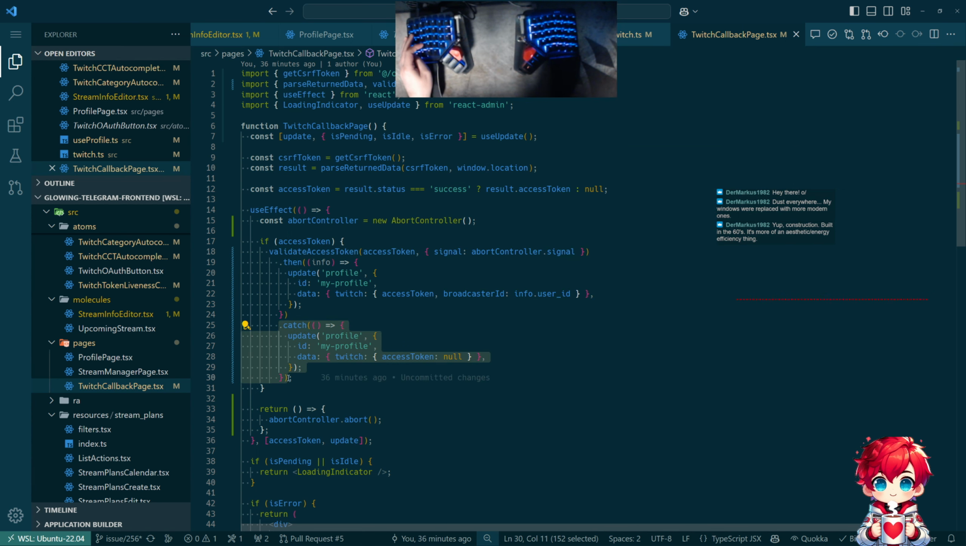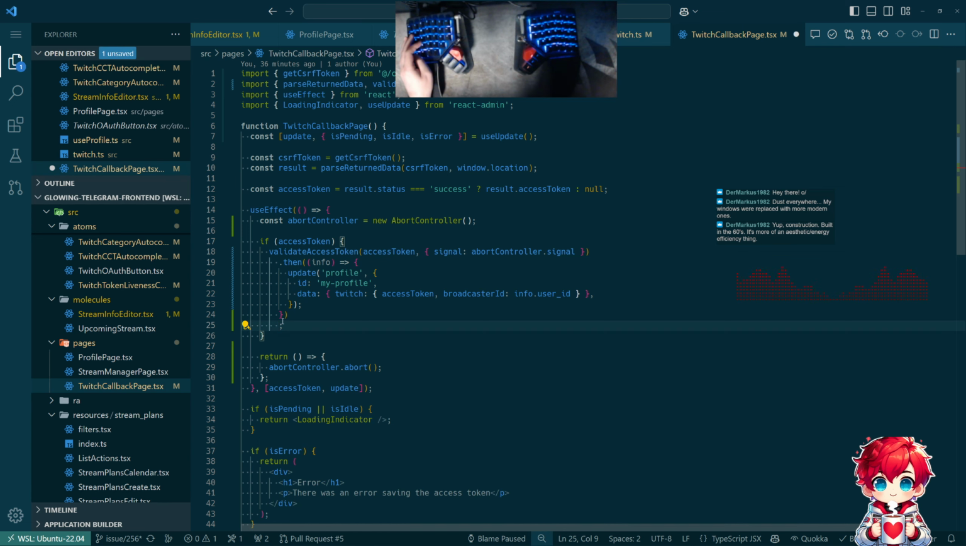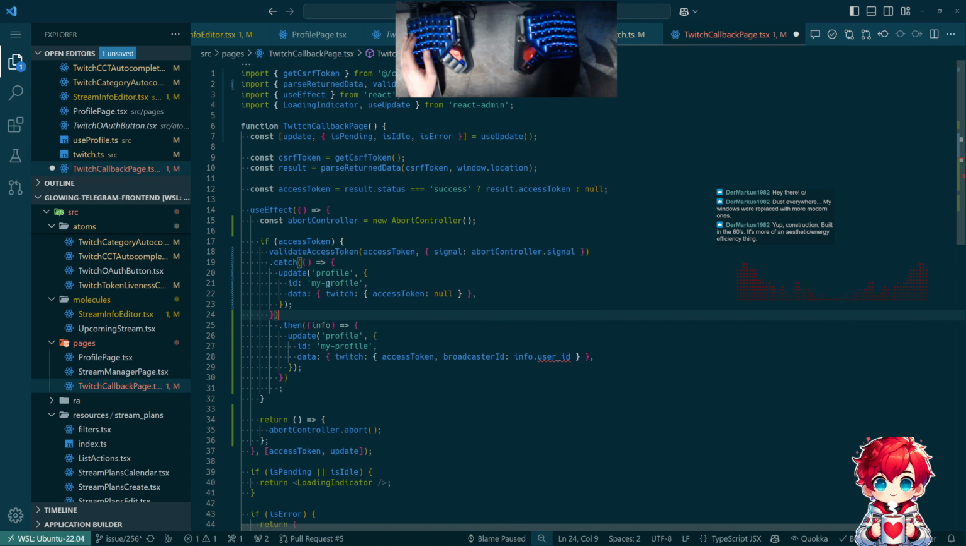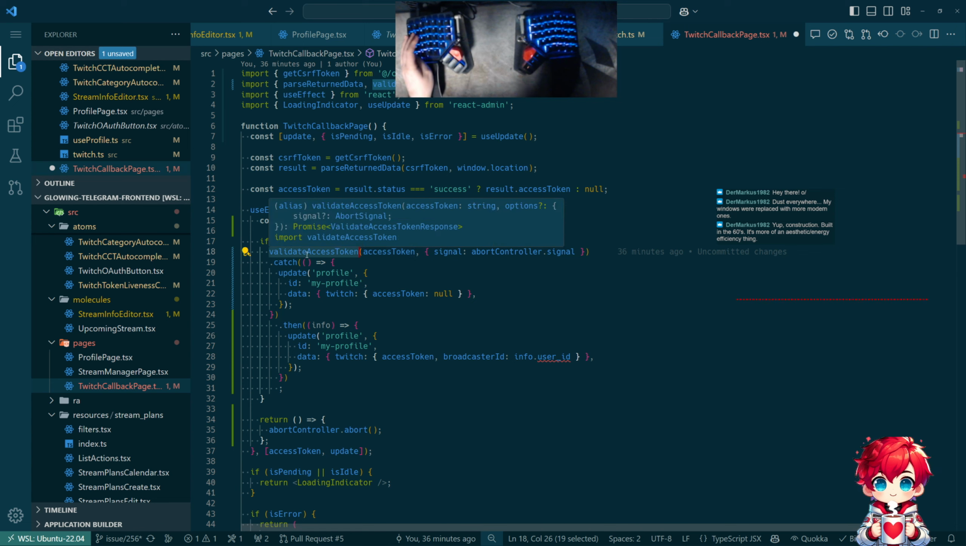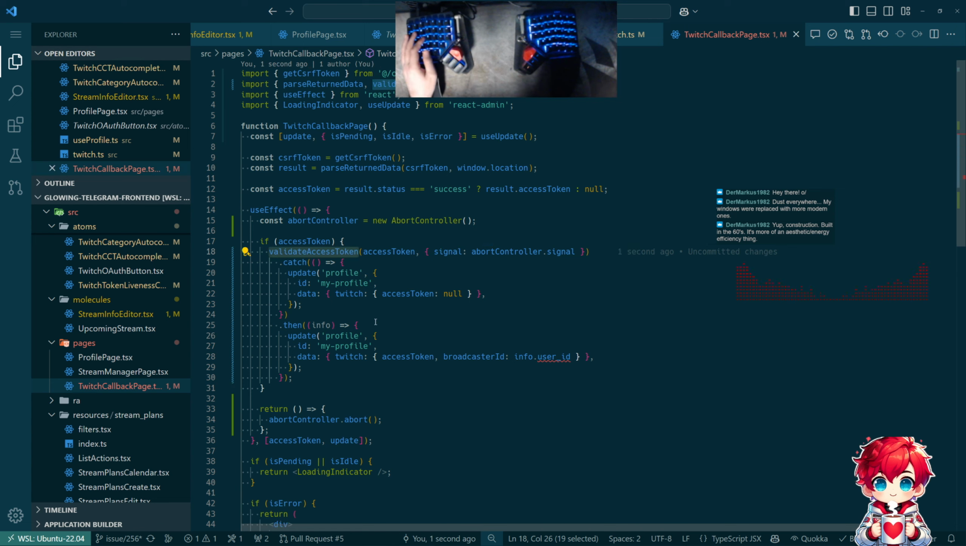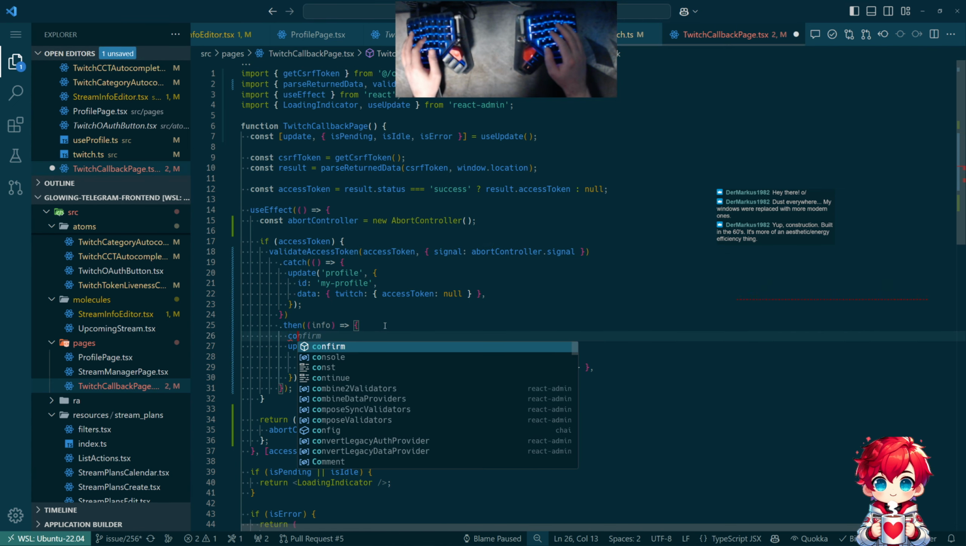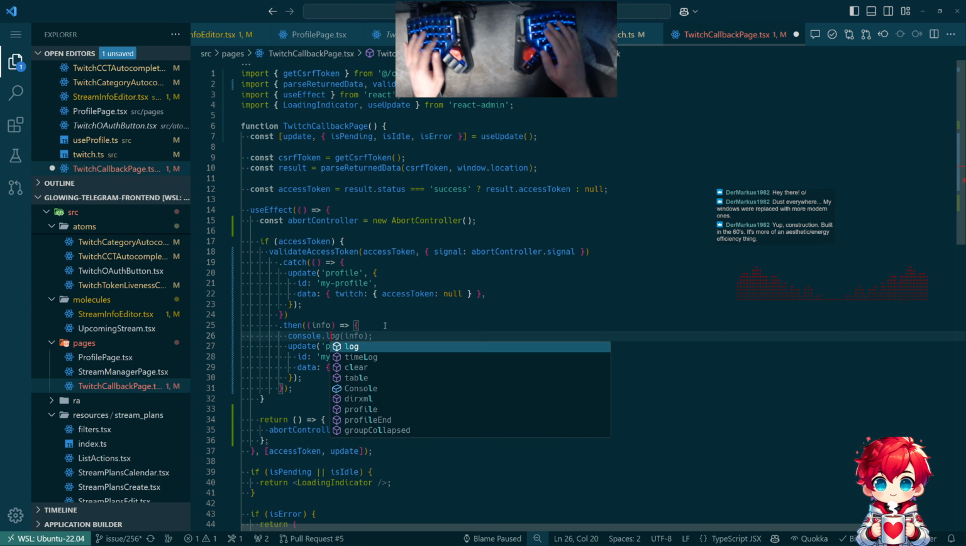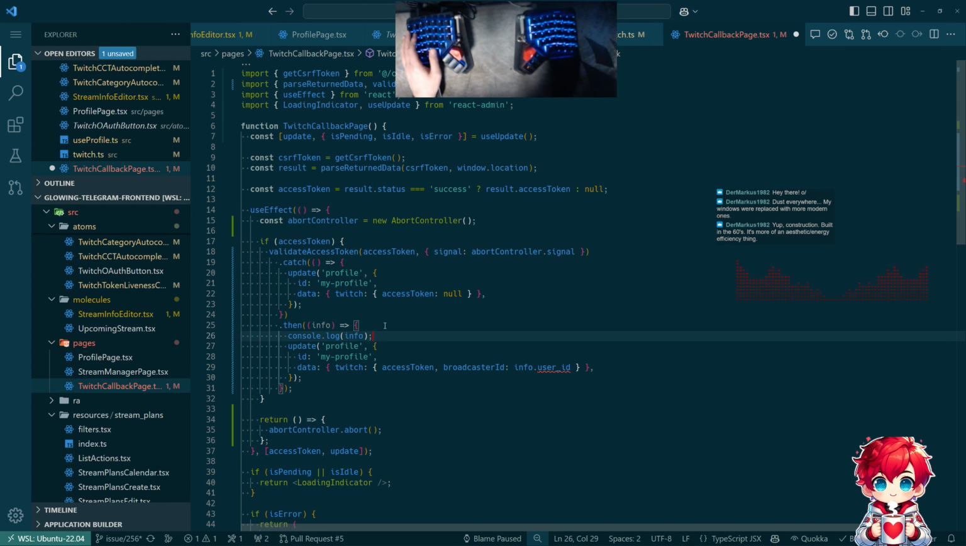I guess technically this should happen first. Like, we're interested in catching the error from validate access token, which would represent the access token not being valid. Let's add some logging. We can log info here. Also,